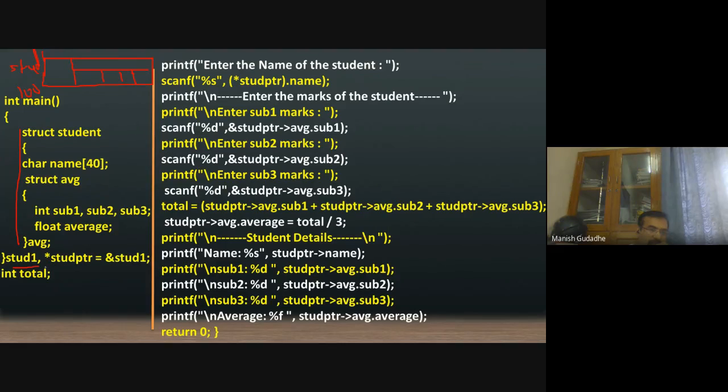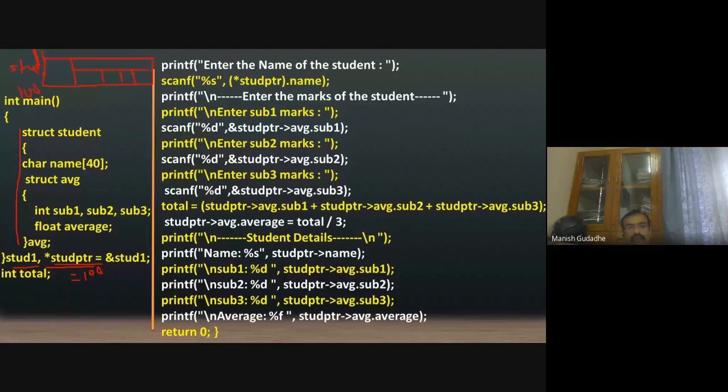Now this address is stored in stdptr. So what is the value of this pointer variable? It is equal to 100. And the value at that address will be the values owned by the structure.